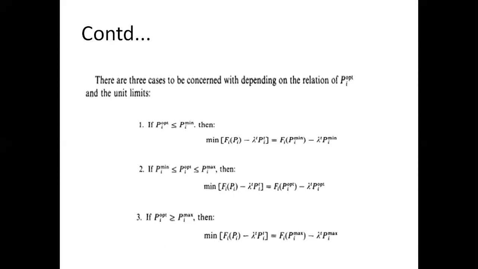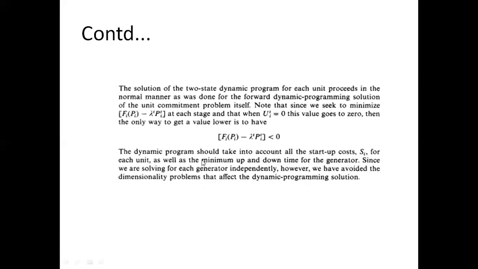So these are the three cases that we consider depending upon the relation between P_i optimum and the unit limits. The solution of this two-state dynamic program for each unit proceeds in the normal manner